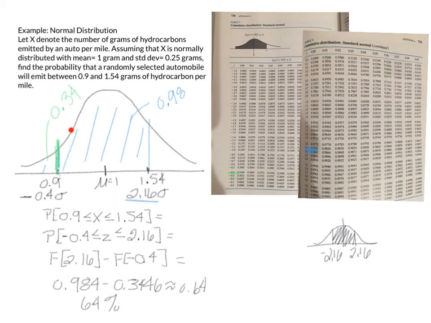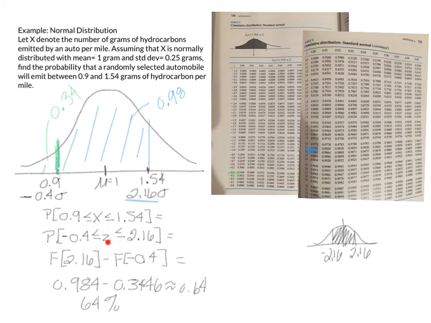If I want then to get the probability that I'm between the 0.9 and the 1.54, I'm going to subtract 0.34 from 0.98, just like when we normally work with cumulative distribution functions. So again, if you have a different type of table, it might be a different type of subtraction. Writing this all down, the probability that my random variable x is between 0.9 and 1.54 is the same